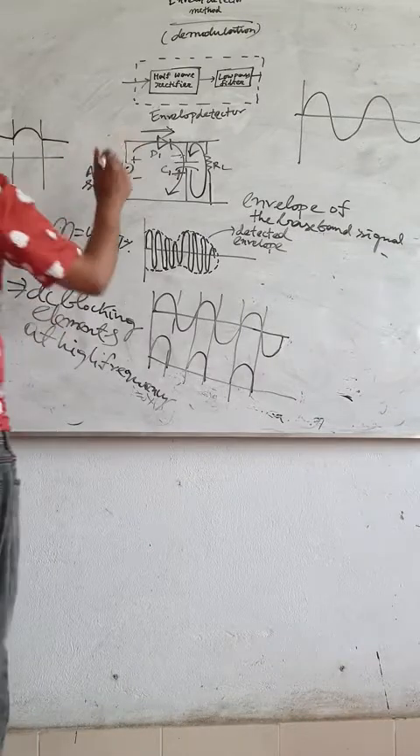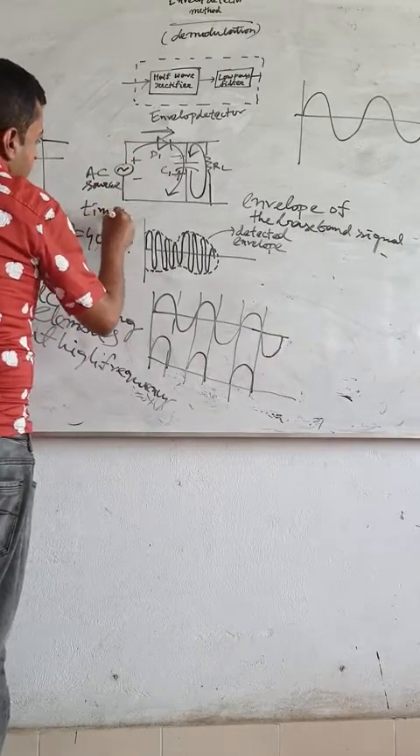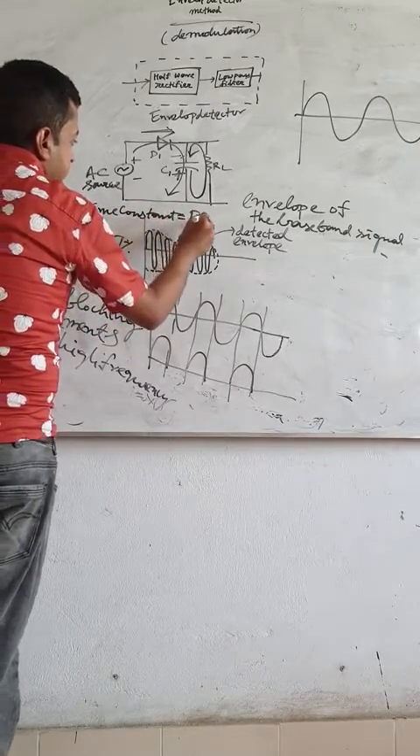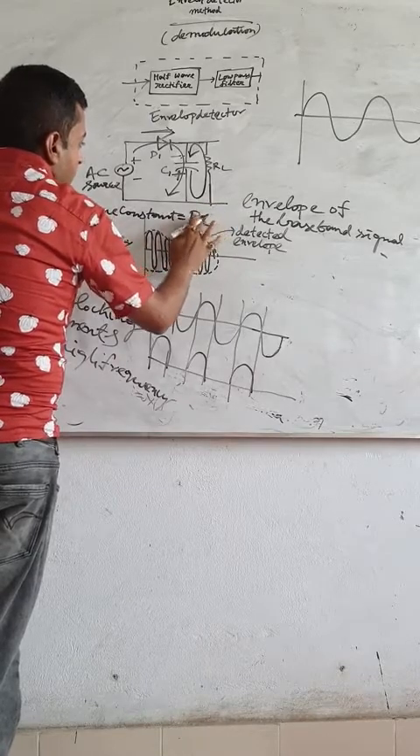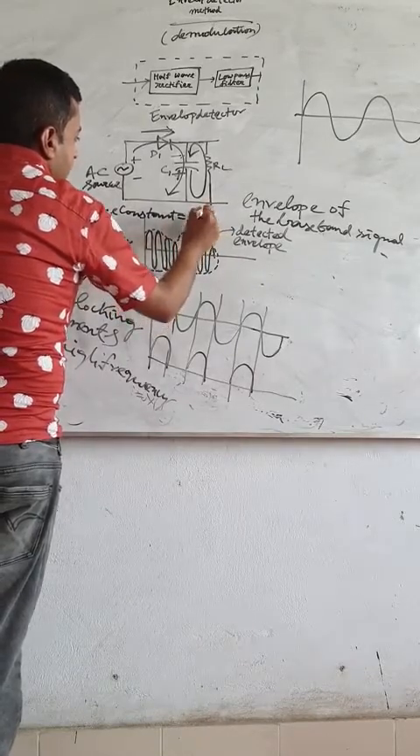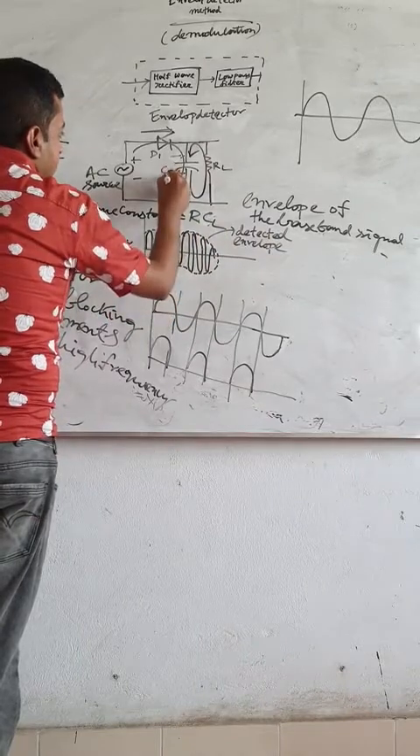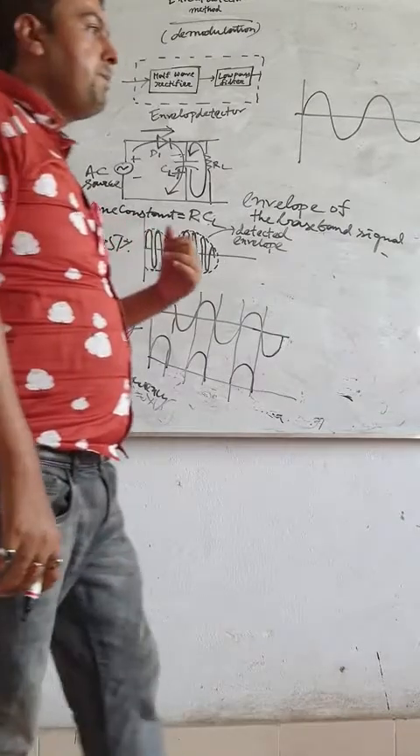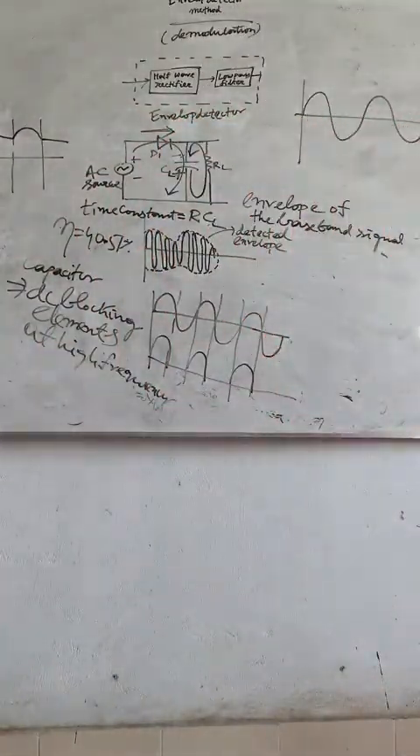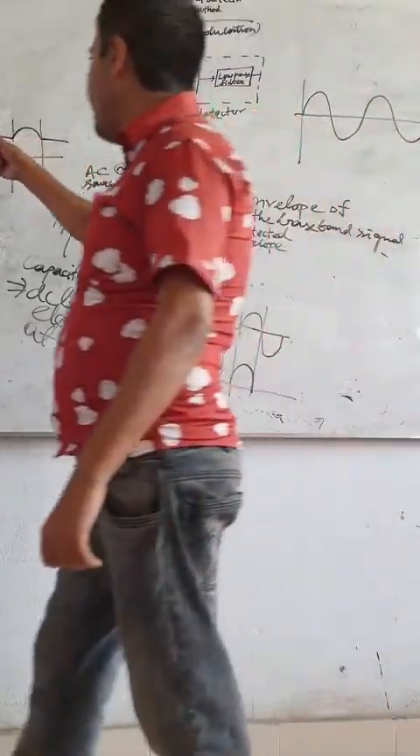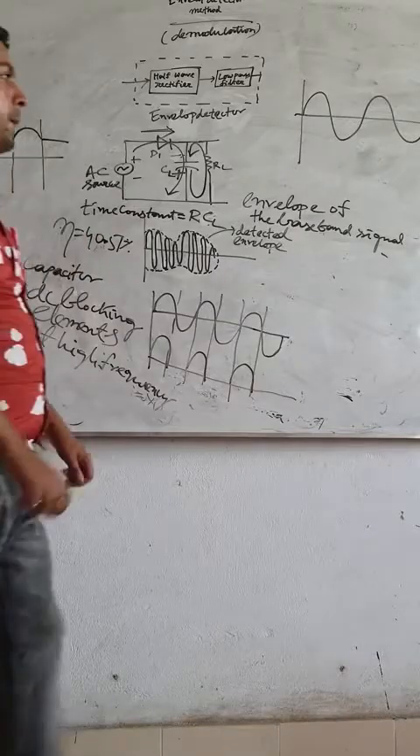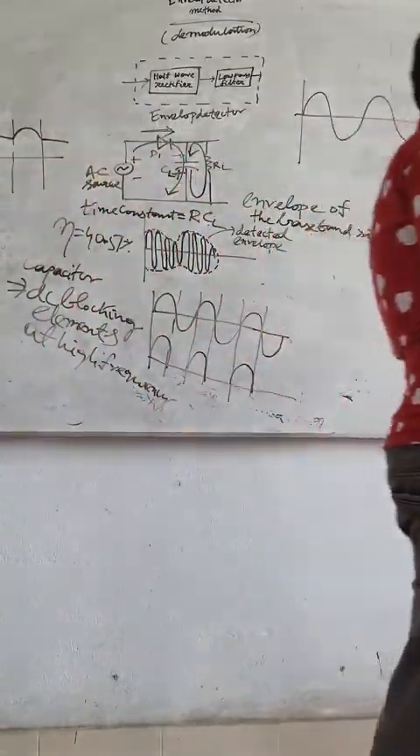In case of this circuit, the time constant is RCL. This is the time constant for charging and discharging. The charging path, and the charging time depends on this time constant,